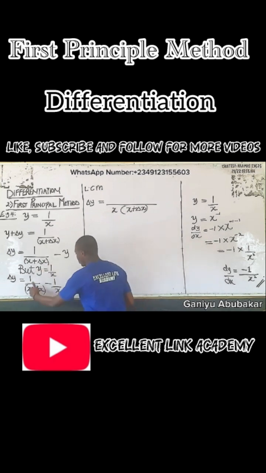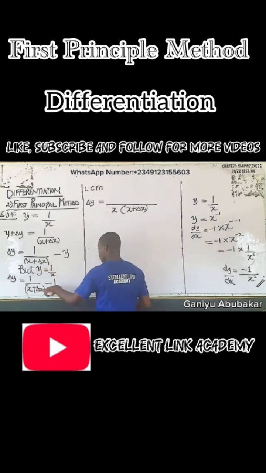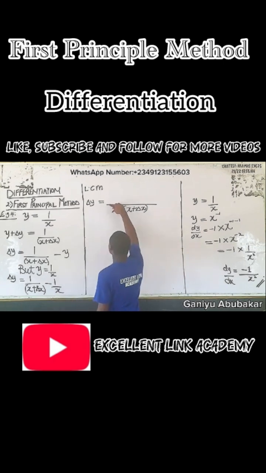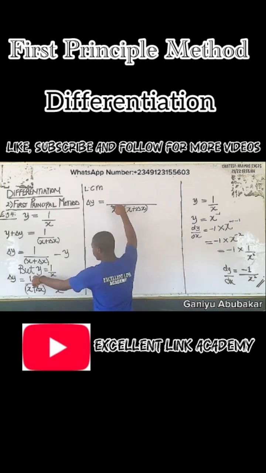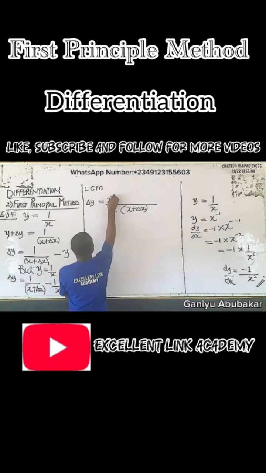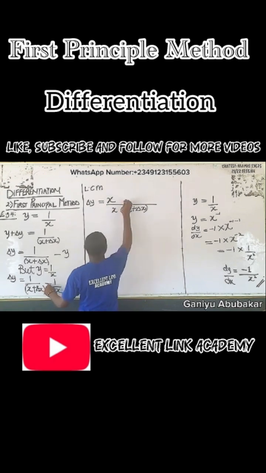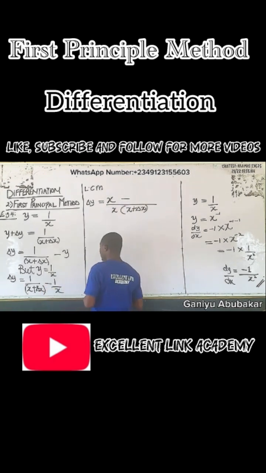Let's start with this first one here. If this one divides this one, I'll be having only x left. Now this x here times 1 is of course x. So I have x, and this is the minus sign here. Similarly, this x